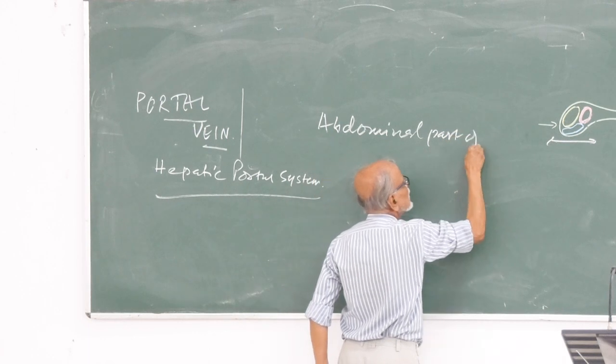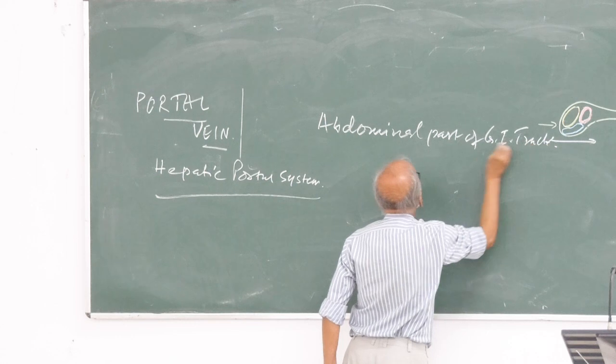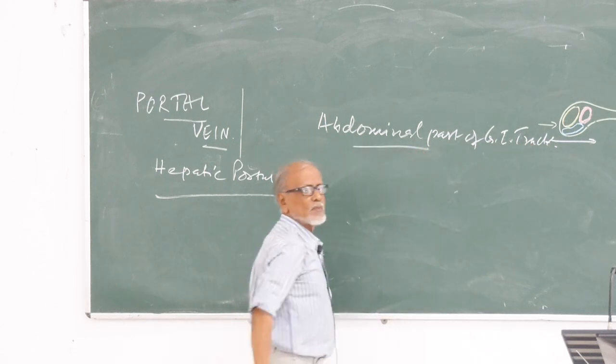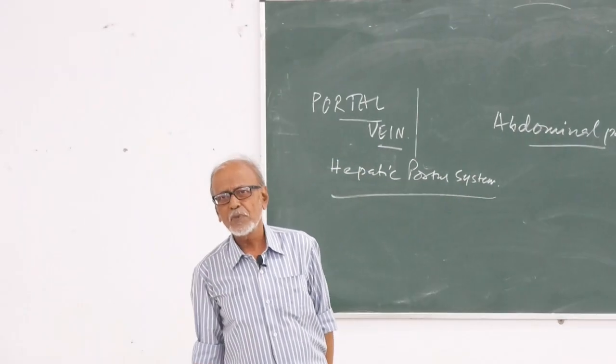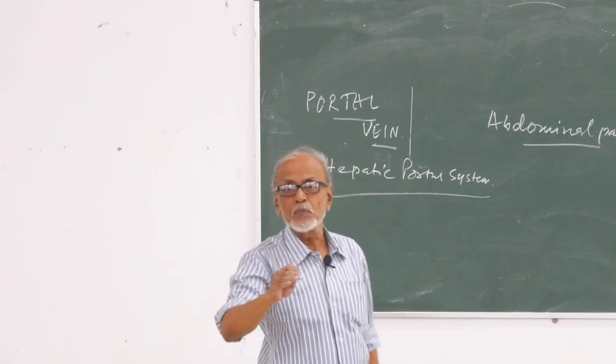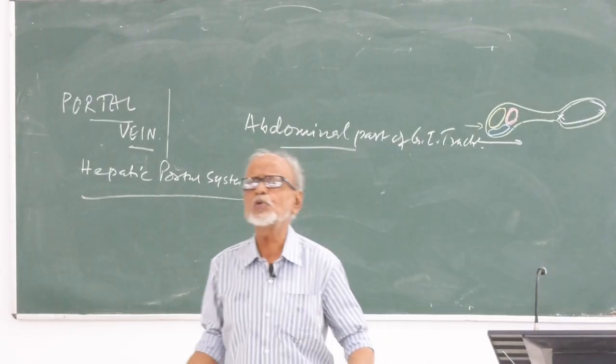Abdominal part of GI tract, in all the segments. Abdominal part of GI tract মানে এইটা কিন্তু আমি তোমাকে জিজ্ঞেস করবো, এক লপ্তে তোমাকে বলে দিতে হবে। তুমি যদি এইটা না বলতে পারো তাহলে আমি বলবো তুমি কিছুই জানো না।